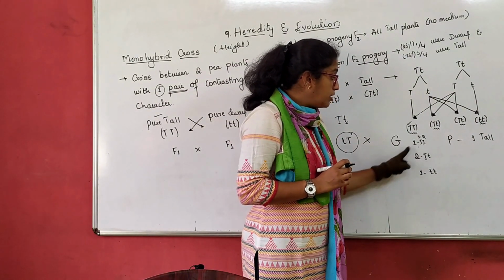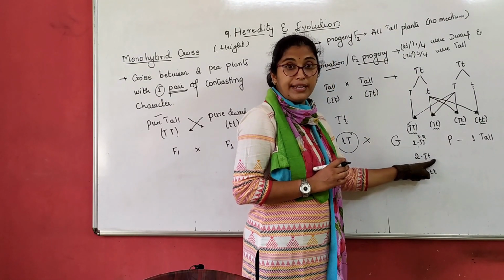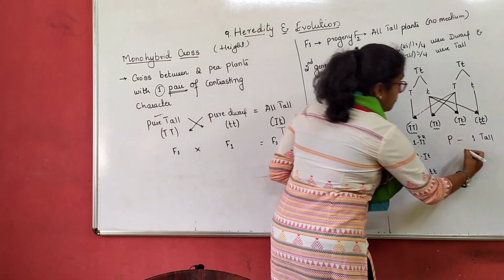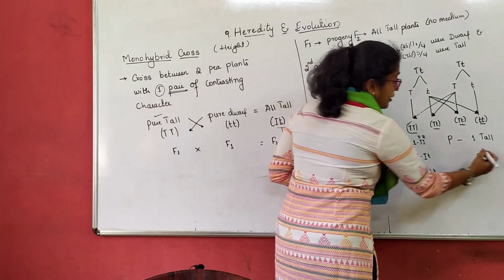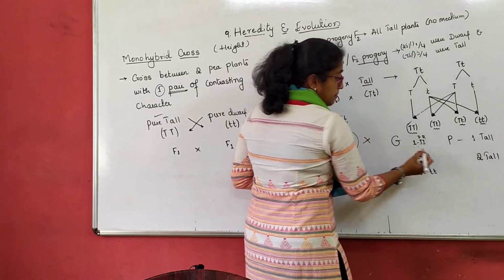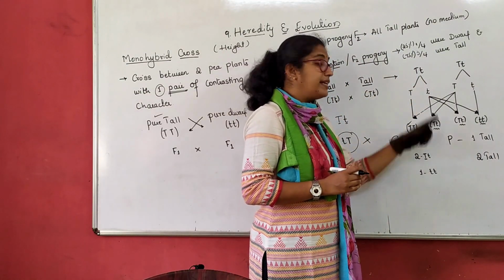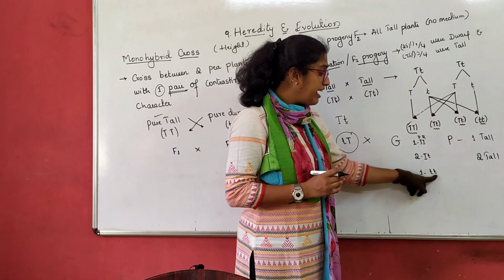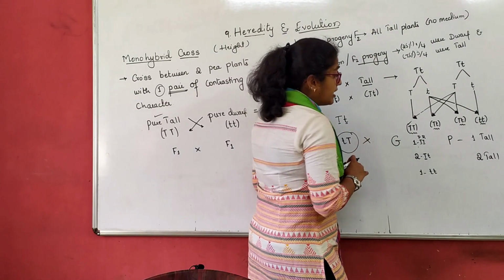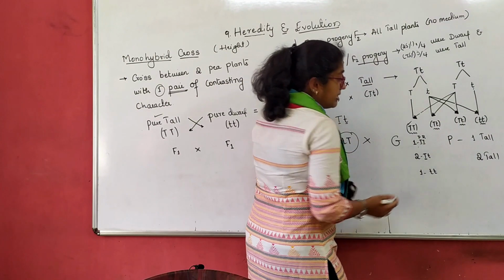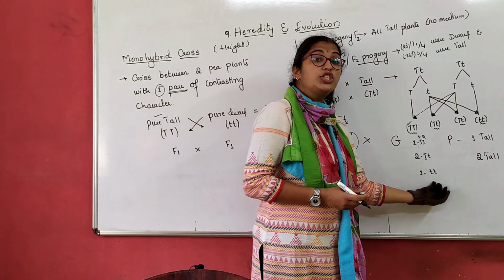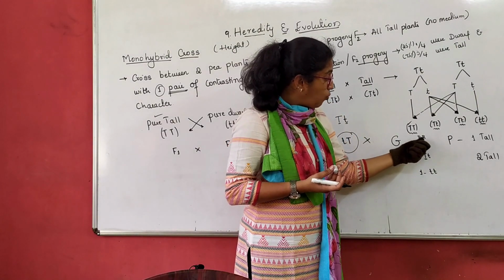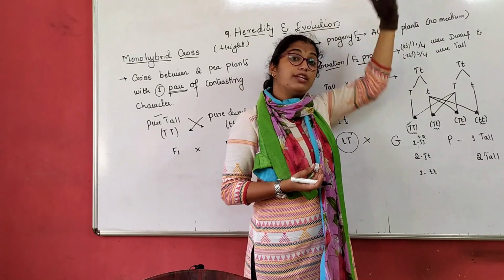So there were two genotypically tall and dwarf, right? Combination. Here tall is expressed. That means there are two plants which are tall again. That means T is expressed, tallness is expressed, dwarfness is not expressed, recessive. The last one. Here we have both small t and small t. That means here also one is dominant and one is recessive. But which are both here? Both are dwarf, right? Similarly how we had here, one is dominant, one is recessive, but both were tall.